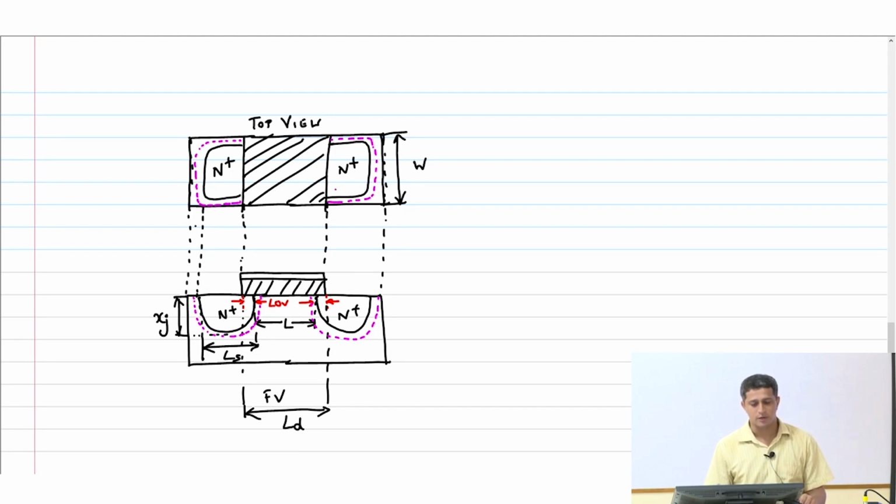Now where is the depletion region on the fourth side? For both drain and source, I have shown the depletion region only on 3 sides. This is like a rectangle. So where is the depletion region on the fourth side? Yeah, under the channel. So that picture is not so straightforward, because what happens is, now when I apply my